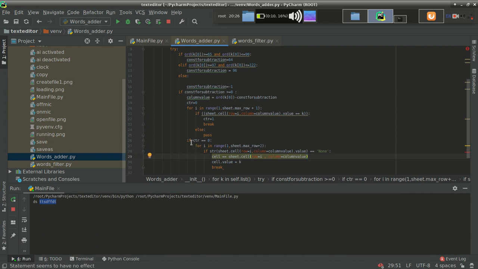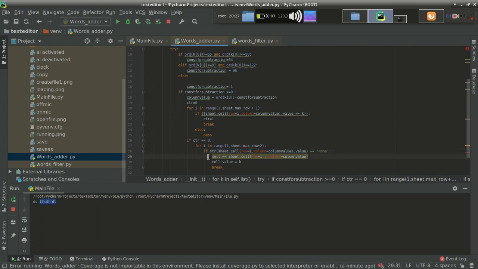Actually what I am doing over here is, if ctr equal to 1, it means that word is not present in the file. So I'll traverse each row one by one. Also I am adding a new row, as I told you earlier. If I am getting cell data using this syntax and the cell data contains none, it means nothing is written in that cell.